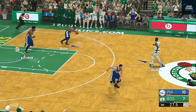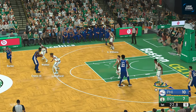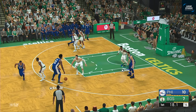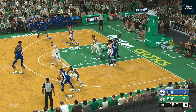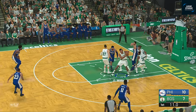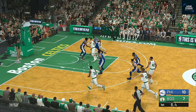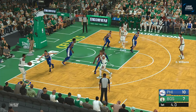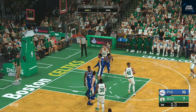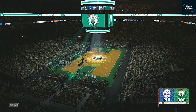And they don't want to get in a habit of giving him open looks from three. First quarter still, but not who you want to leave open. 4 seconds separating the shot and game clocks. Embiid finds Burke. Off target from three-point range. And it's Walker penetrating. Left side, Smart. And he got that one up in time, but doesn't go in. At the end of one, a closely...